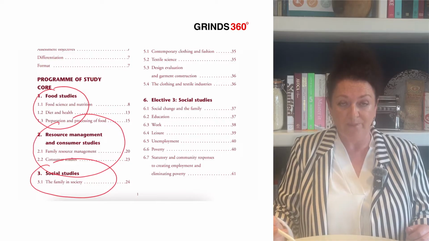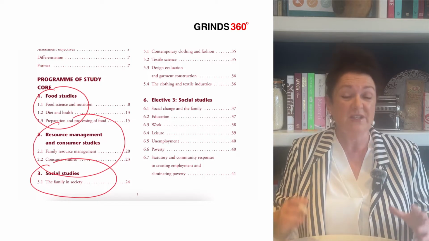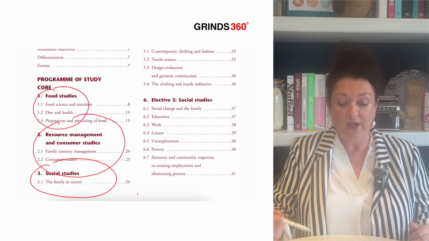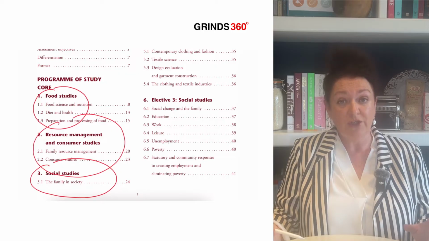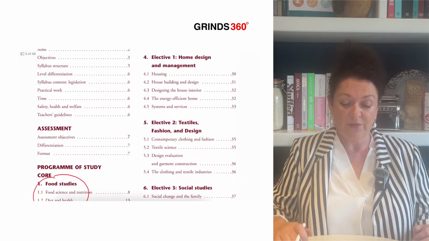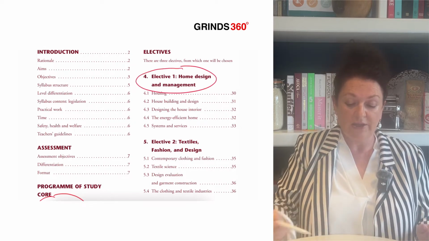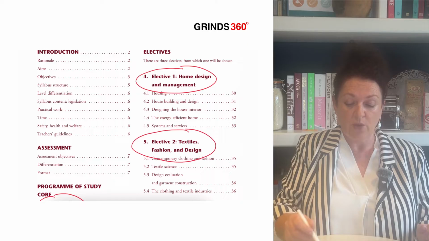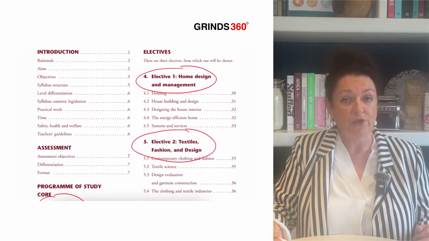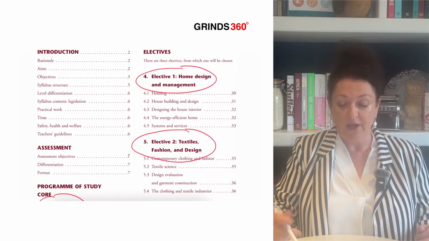Now every year students are allowed to, shall we call it, specialise in an area, and up to COVID students had 3 choices on section C, and those 3 electives you can see here, and they're still on the paper, I might add. We have elective 1, which is home design and management. Elective 2, very few students around the country covered this section because it involves making a garment. And then we have